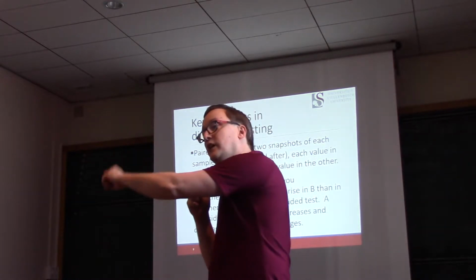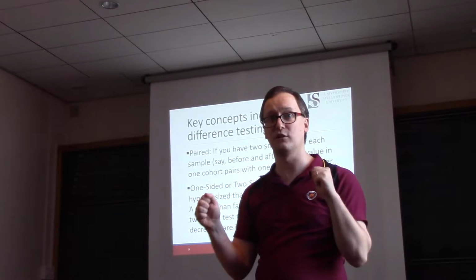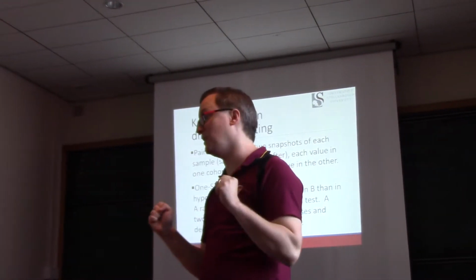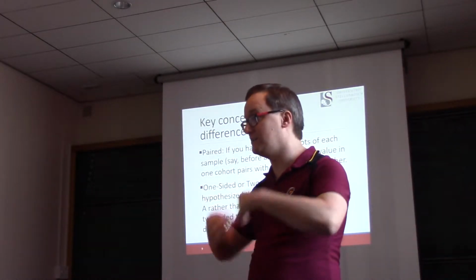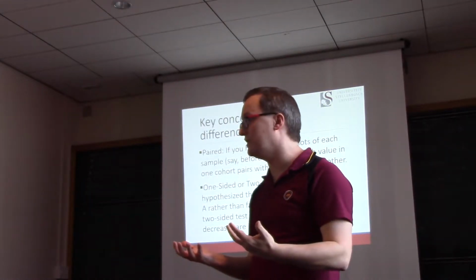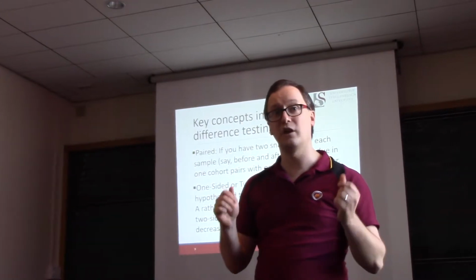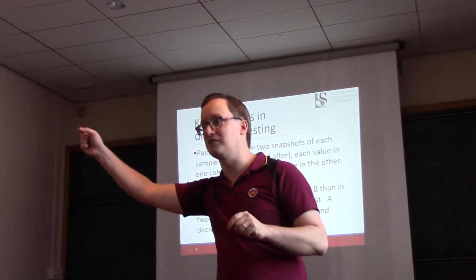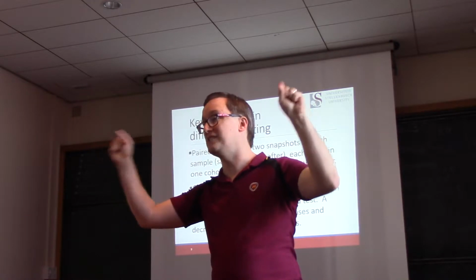A particular value in this cohort relates to a particular value in this other cohort. Anytime that's true, you have a paired experiment. And if you fail to use paired as an option on the t-statistic, you're not going to get the correct p-values out. The software must know that the second value in this cohort relates specifically to the second value in this cohort. That is a paired